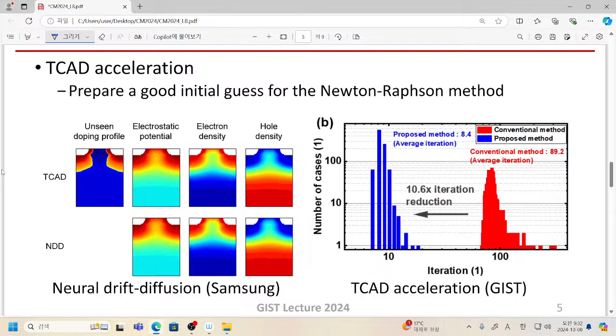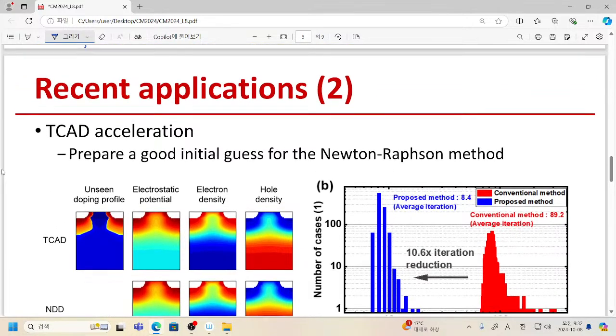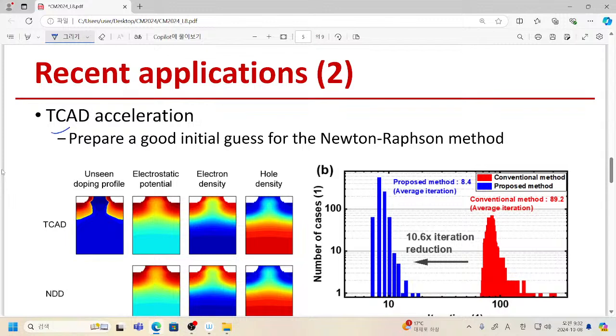So instead of that, if we are working with TCAD simulation, then actually we can use this neural network to accelerate the TCAD simulation. Finally, we still get the converged TCAD simulation result. So accuracy is guaranteed. However, the time required to get the converged solution can be reduced. For example,